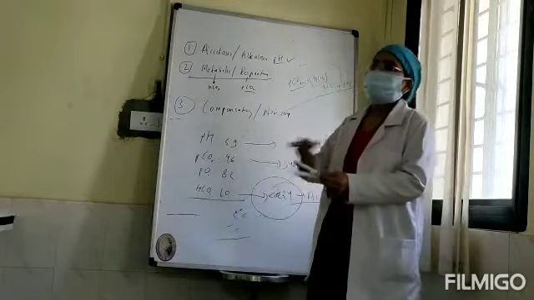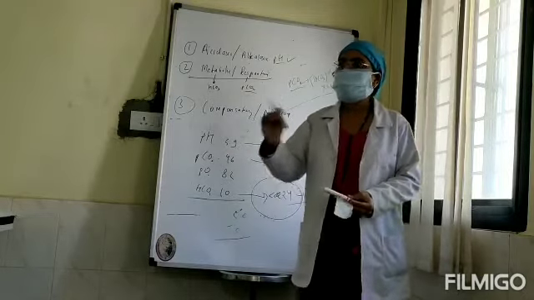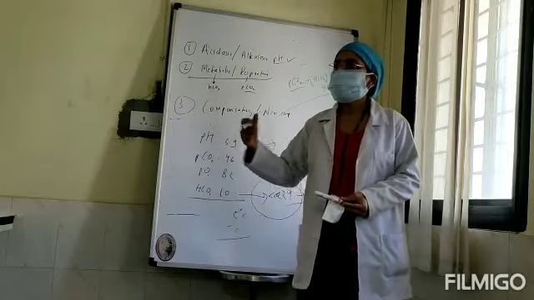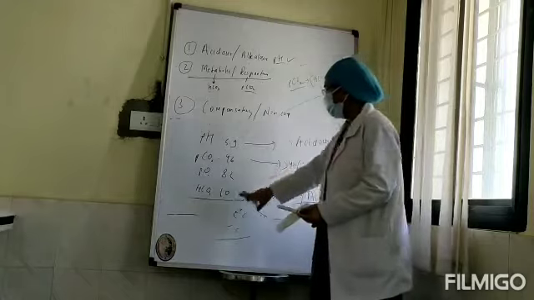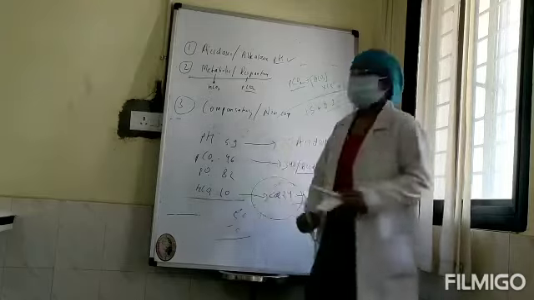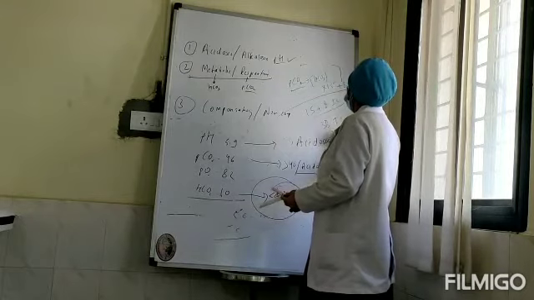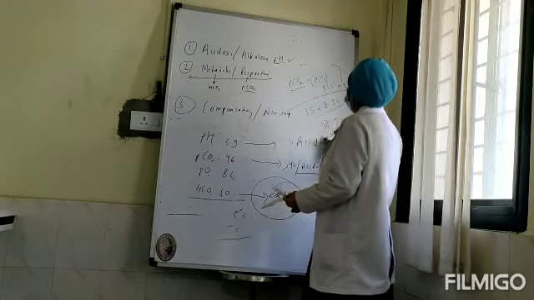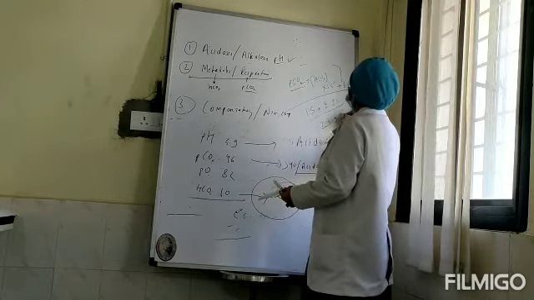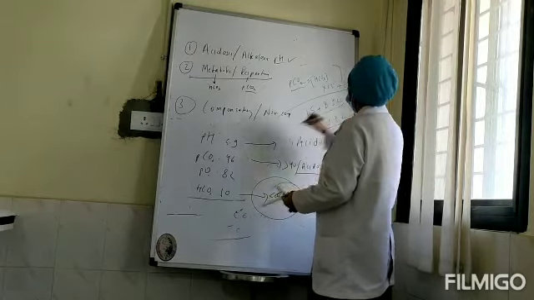Don't calculate with a calculator every time for 1.5 multiplied by. Just take half and add it. For example, 20 plus 10, 30 plus 15, 15 plus 7.5. Easy. So 10 plus 5 is 15, plus 8 is 23, plus or minus 2. So the range is 21 to 25. So this is the normal range of CO2.